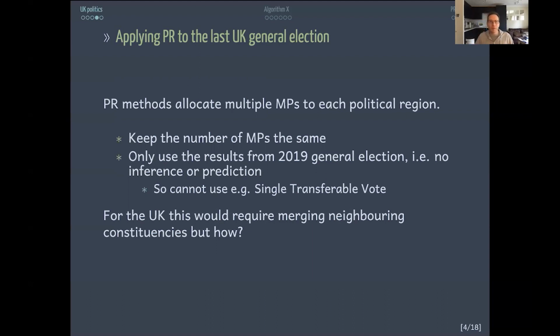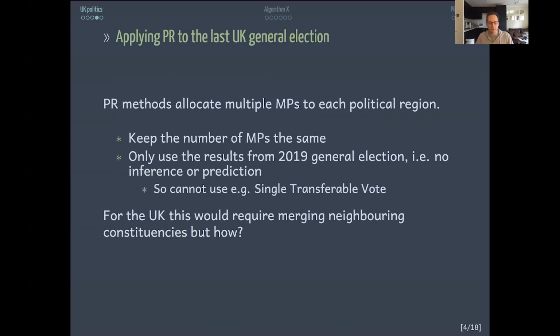So I thought I needed a few ideas, a few rules. One of the things was I wanted to keep the number of MPs the same. It could have been quite simple initially to just treble or quadruple the number of MPs in each constituency and apply a PR technique. I didn't want to do that. The other rule is I only wanted to use results from the 2019 general election,